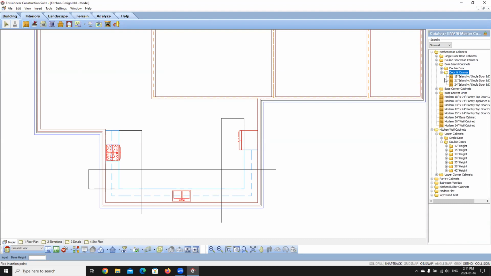And then we're just going to grab one of the cabinets from within here. So you can select the cabinet that you want to insert. Just keep in mind that you can insert two or more cabinets side by side to create your island. Their countertops will always merge together based on their properties. So we're going to position our first cabinet so that the corner of it sits at the intersection that we've created. So I'm going to grab this 24-inch double door,